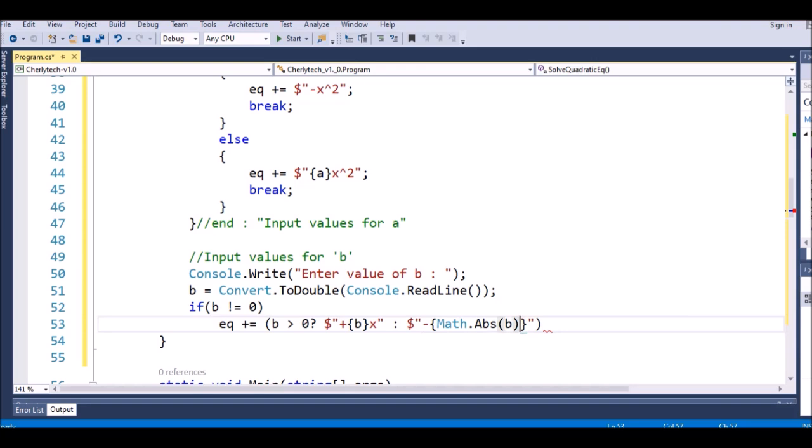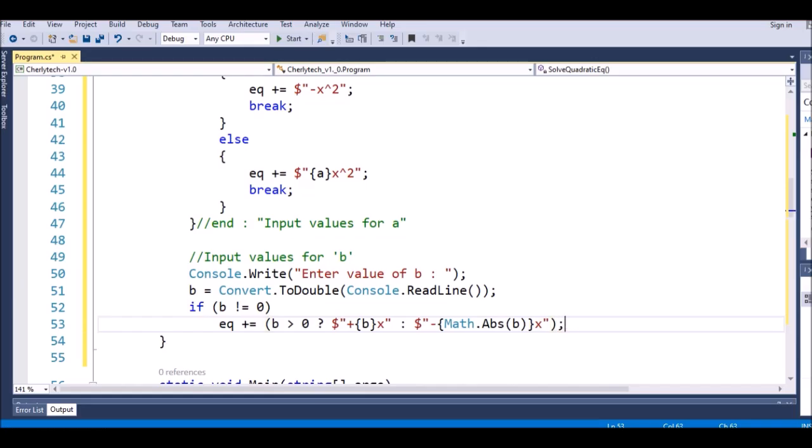We use the Math function to show that, and after that x. This means that when the value of b is negative, we use the absolute value of b, and then we add the minus sign followed by the x like this. So we end this one,